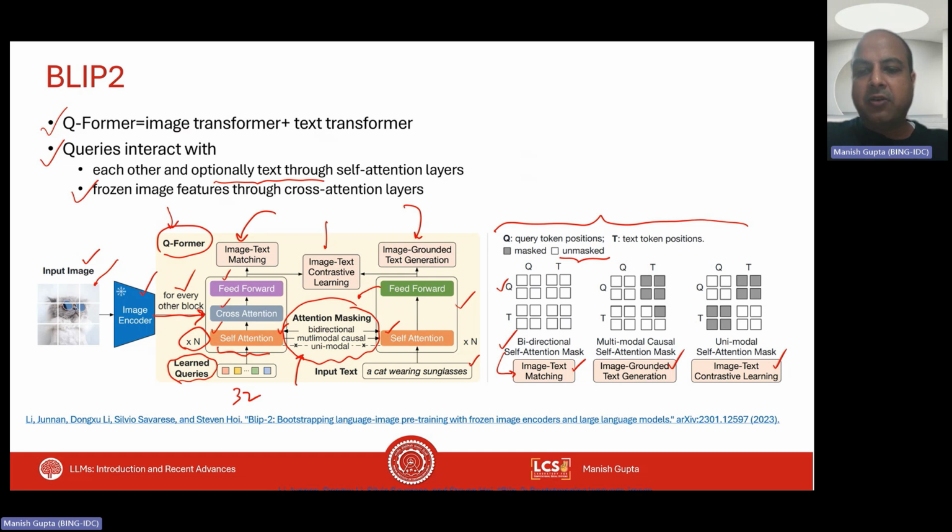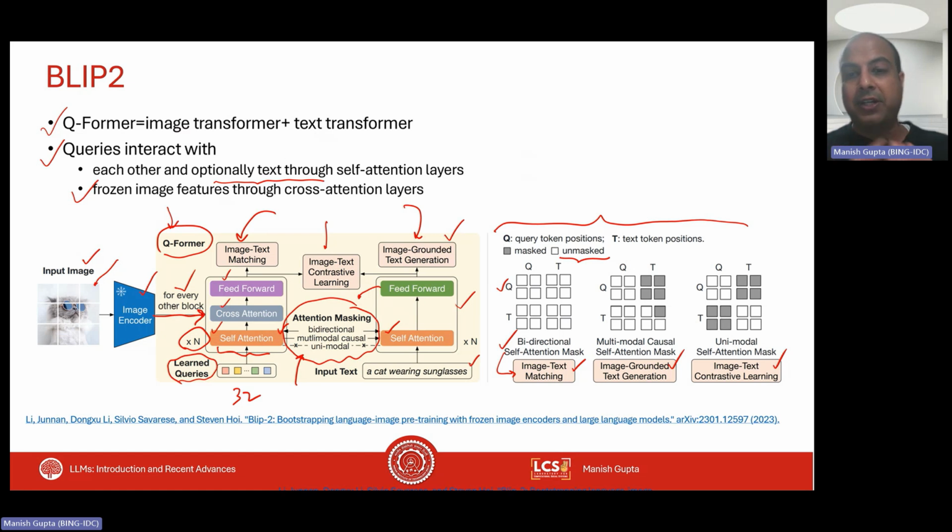For image grounded text generation, since it's generating text, it's not going to be bidirectional. It's of course going to be autoregressive in nature. But every text token basically attends to every query token also. So every text token can attend to previous text tokens or all the query tokens. Now the third one is image text contrastive learning, and there the obvious part is that text tokens attend to query tokens,